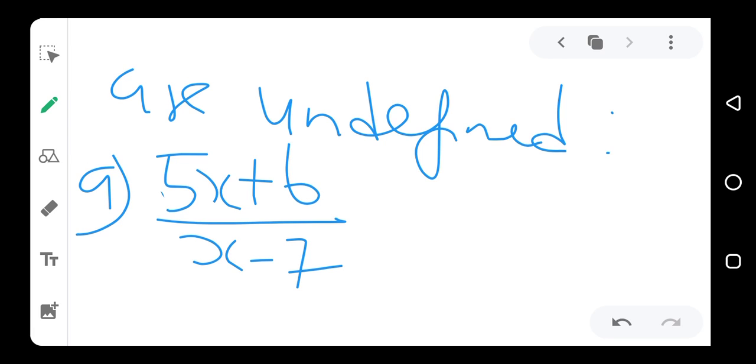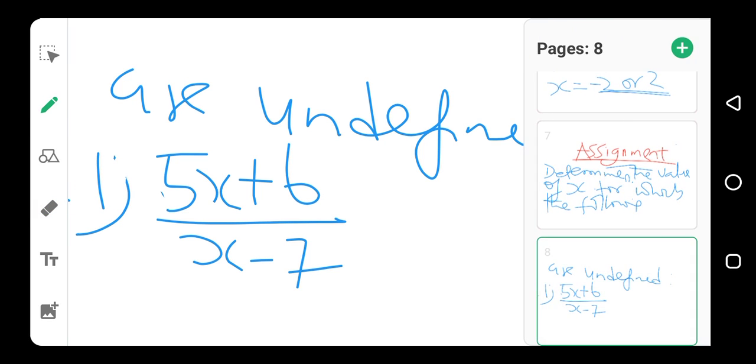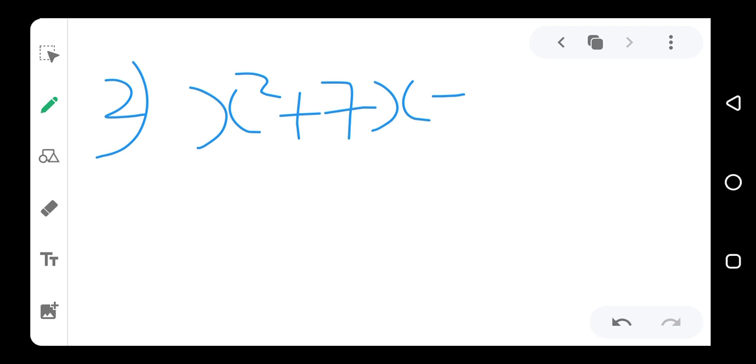Then number 2 is x squared plus 7x minus 8 over